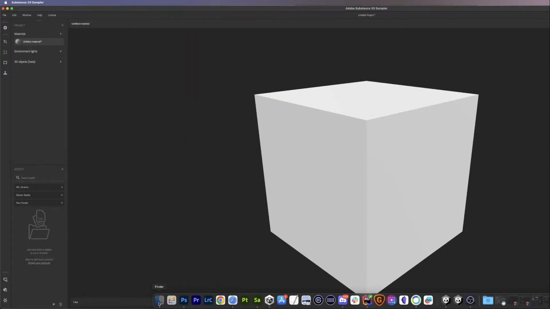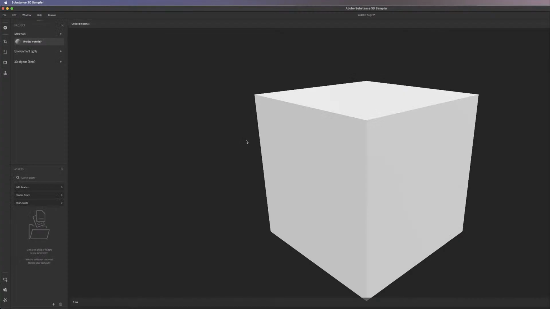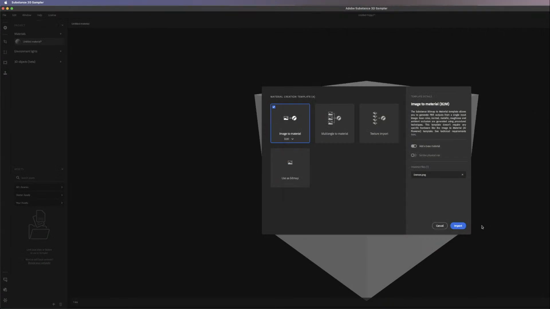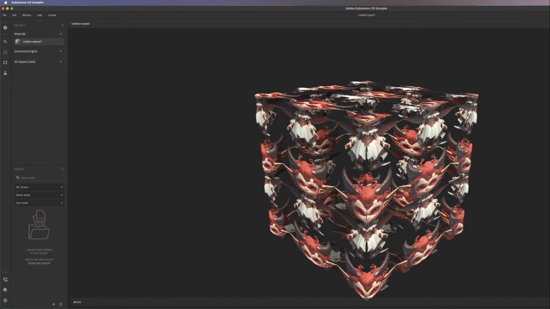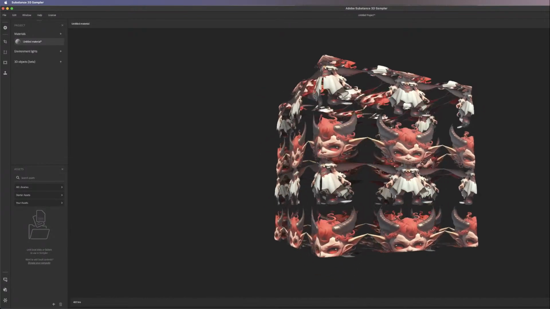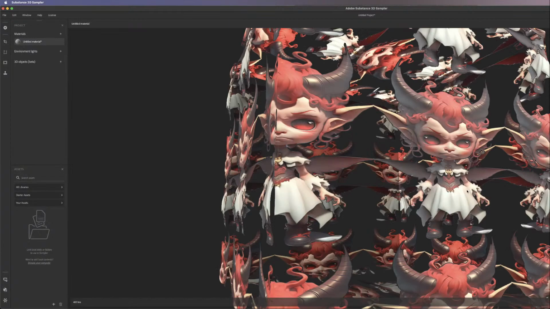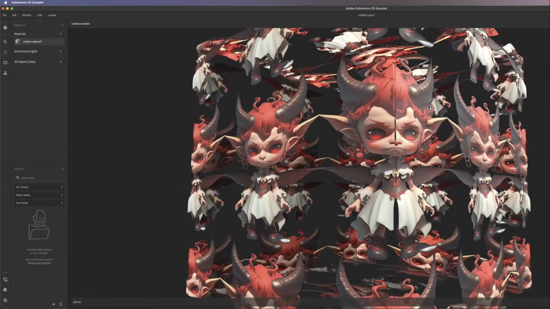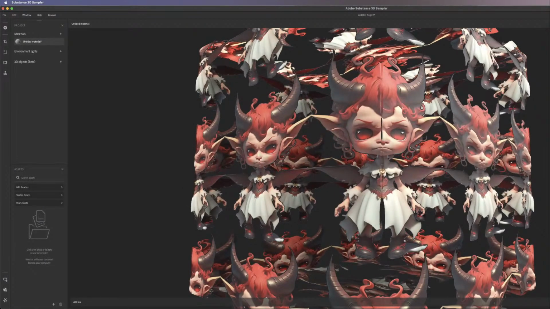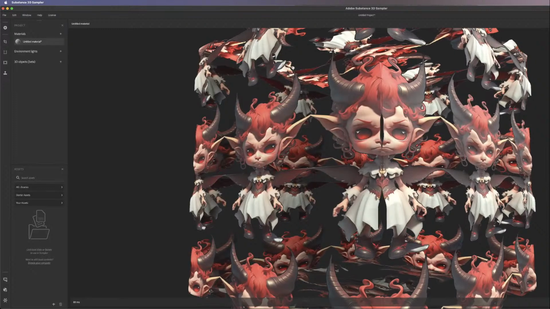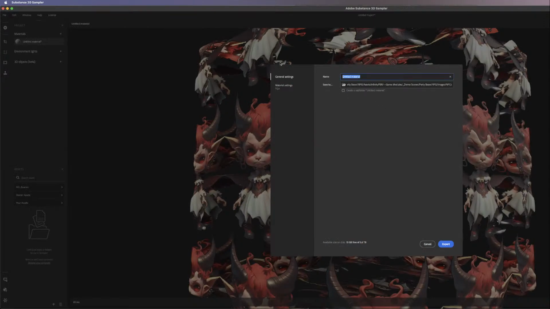New. We're going to bring in our demon. And image. Go back. Go back. Image to material. Import. Quickly go to our image to material right here. Too far in. Calm down. There we go. And we will look at our height and do a very quick... should be good enough. Share it. Export as demon